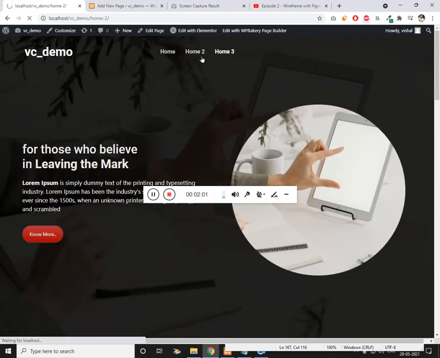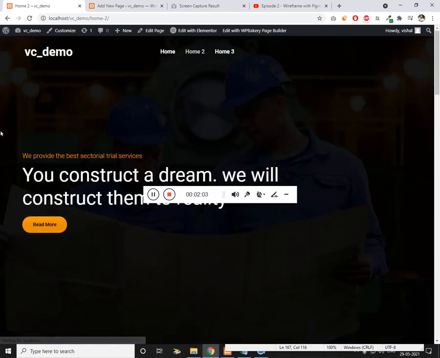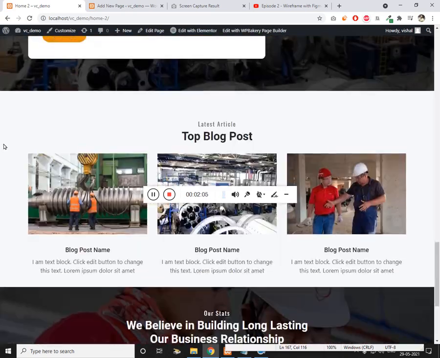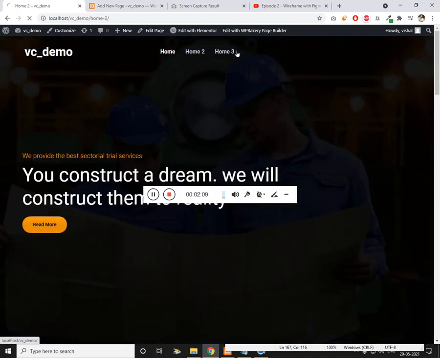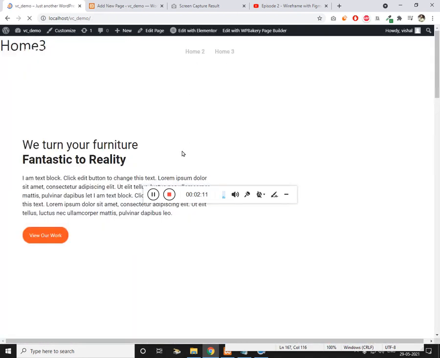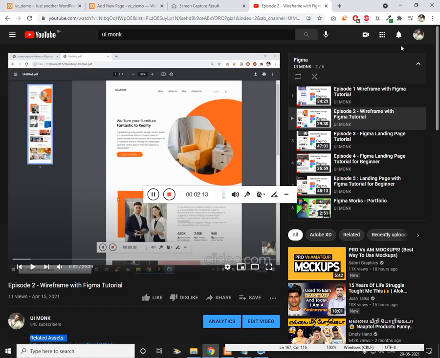This is the second which we have converted, and finally we are going to look at the third one. This is going to be slightly more complicated than the previous 2. Let me show you the first 2 pages.